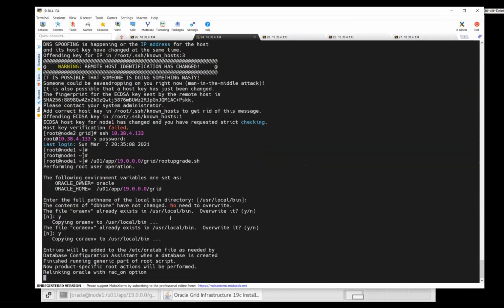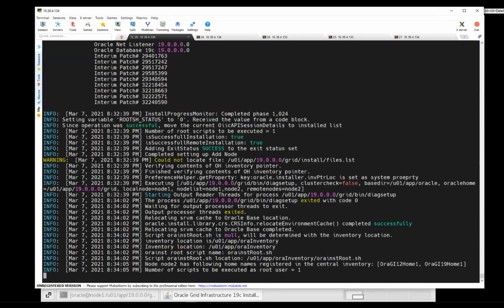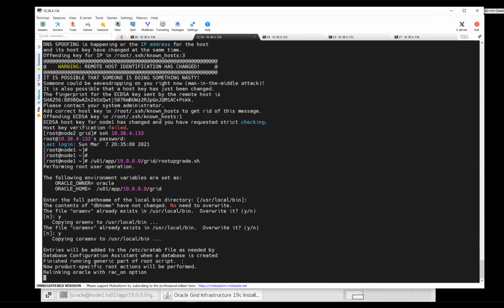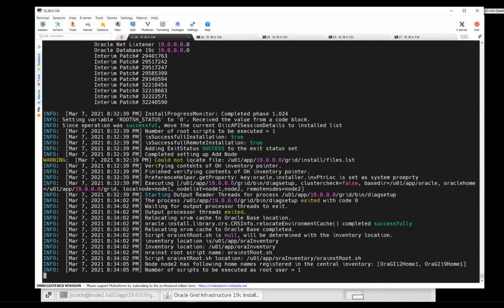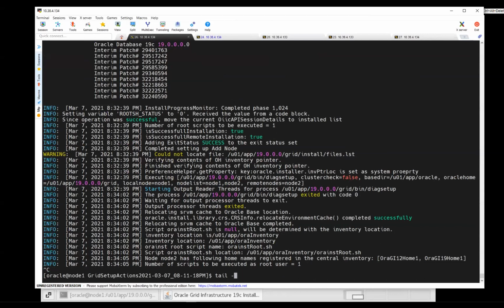Yep, you can see, right? You can closely observe this one, and the log file is still going on here. And this one also, right? The moment it starts the root upgrade, it will launch one more log file. You can see that log file is only for your root upgrade data. So I'm interested in this particular log file. I'll go back to node 1 here, cancel this one, and tail this particular log file.